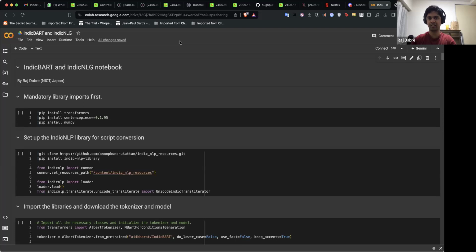So I'll talk about how IndicBART works, how it can be fine-tuned, and how IndicBART was pre-trained very deeply, so that even if you don't know much about what IndicBART is, and even if you leave the session halfway, you'll still be able to follow along and understand what the internals are and